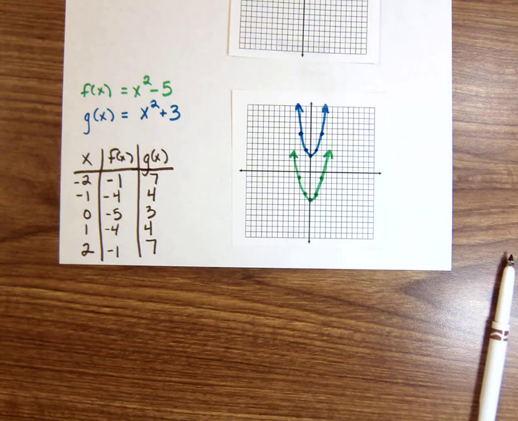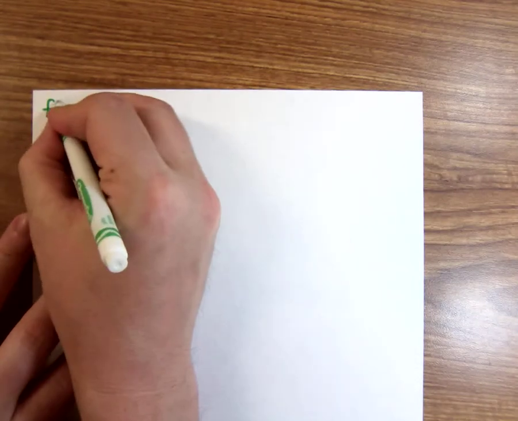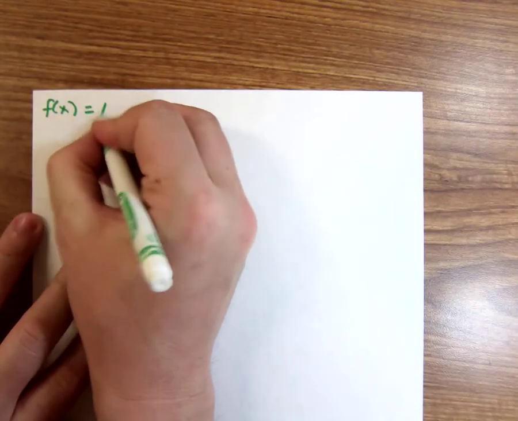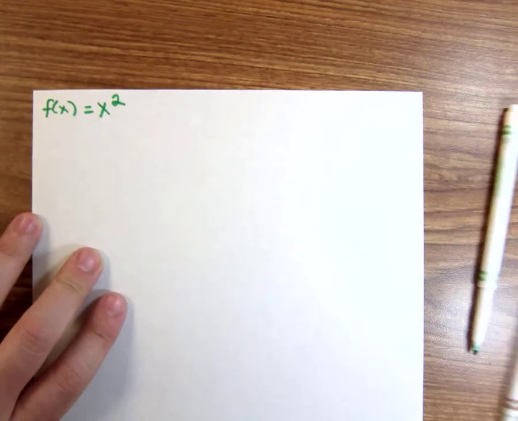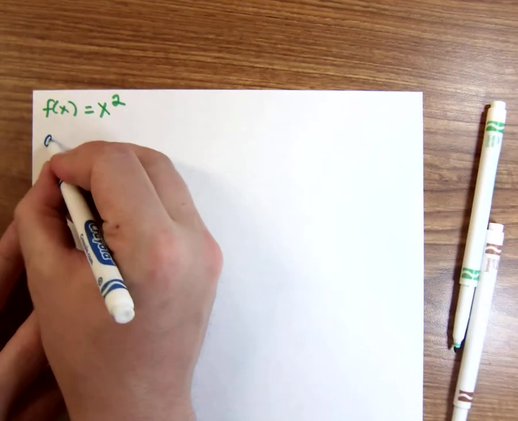Okay, so that's what happens when you add or subtract a number onto the end. If you subtract a number, it drops down, and if you add a number, it moves up from the position of the parent function, which was x squared. Okay, so let's investigate a new relationship. It's always exciting when you have a new relationship. We're going to investigate the parent function, x squared, as compared to this function,